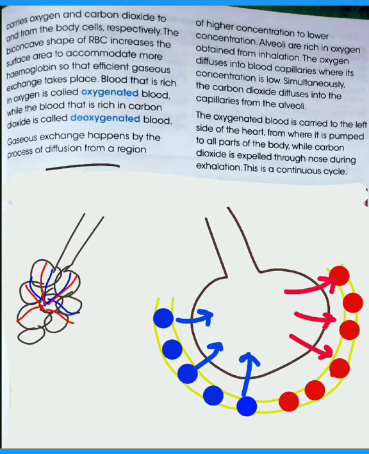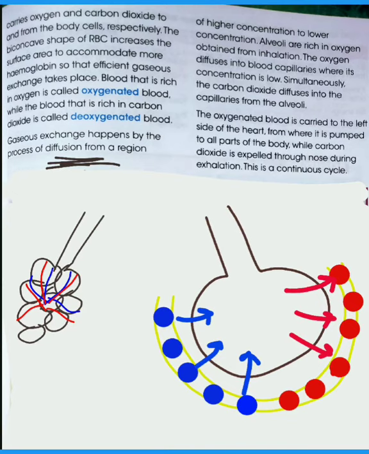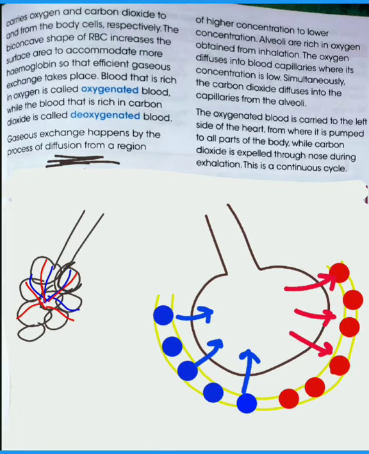So how does this gaseous exchange take place? It happens by the process of diffusion from a region of high concentration to lower concentration. As we know that our lungs contain alveoli through which the gaseous exchange takes place, and it is fully covered with capillaries. So capillaries make the connection between artery and vein. This balloon like structure is the alveoli. Here it is shown, this is alveoli suppose, and it is covered with